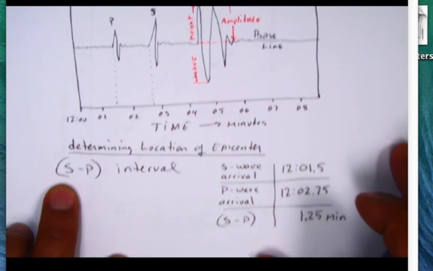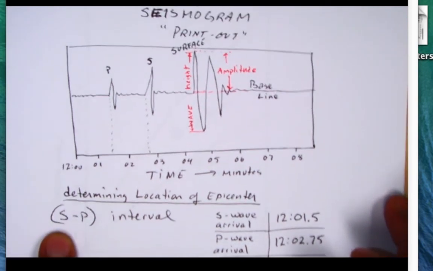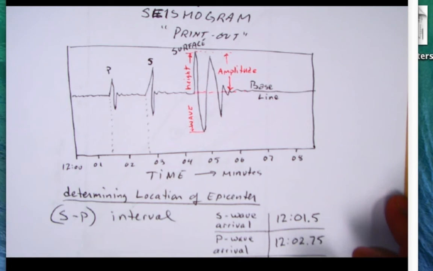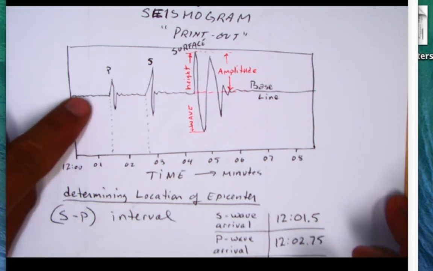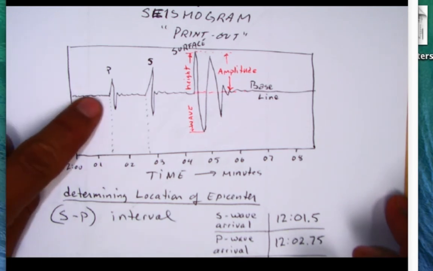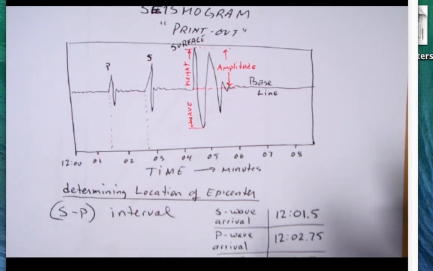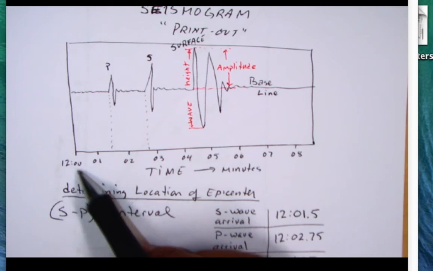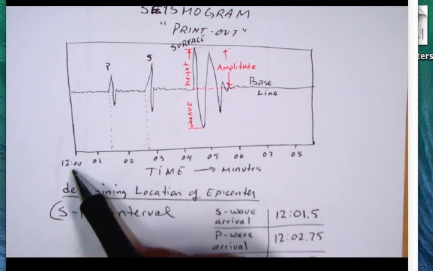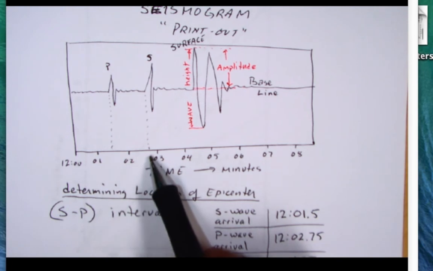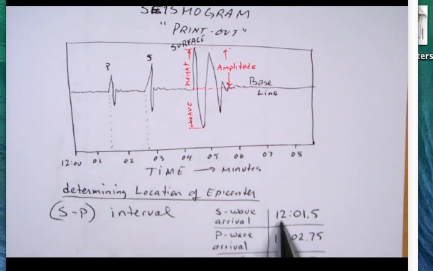And so in this example, I'm going to give you a little exercise to do at home, and you'll submit it. First we determine the arrival of the S wave. In this case, I've got it here. This is 12 o'clock. So this is time on this axis here. So the S wave arrives at 12:01, 12:02.75. So I have it